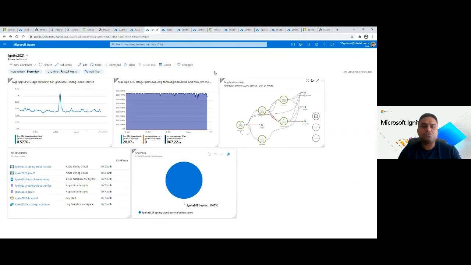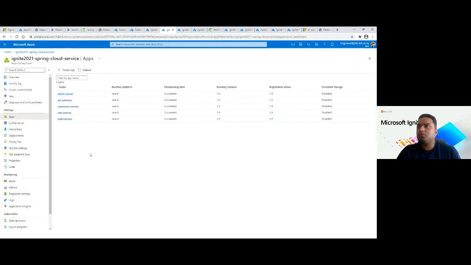It actually gave me so much time that I was able to build a nice, good dashboard and add some cool metrics to it, like analytics on what kind of resources are coming up, what kind of services I'm monitoring, max CPU usage, what's happening with my Tomcat errors or anything around my JVM, and of course the entire application map of my services. So this is the other instance of my Azure Spring Cloud, and I have all my services up